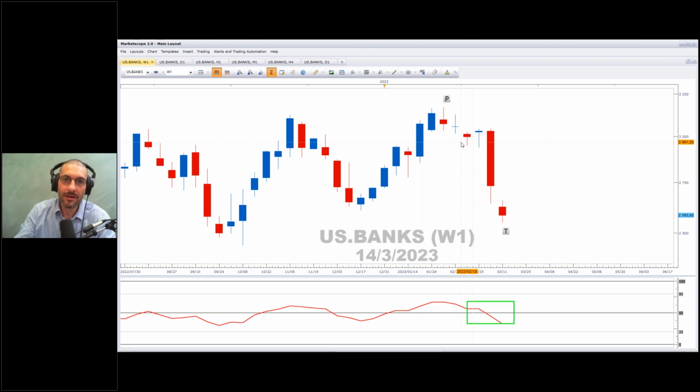Number one, the US dollar has that topping pattern. Number two, the inverted yield curve seems to be normalizing, seems to be steepening. Number three, the US banks is no longer trending up. Well, how can it not be trending up if we're in a rate hiking cycle? What is the mechanism for the rising rates? Well, we've seen rising rates basically because they are looking to control inflation, aren't they?